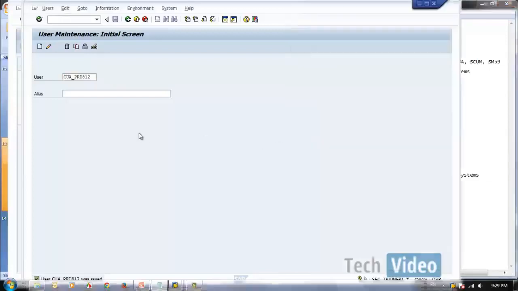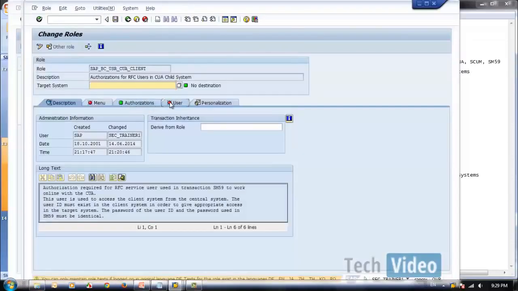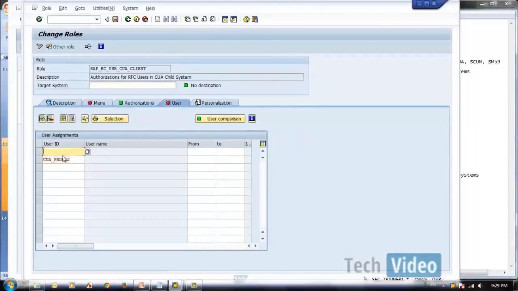Then let's go to PFCG. This already generated. Let's assign to this user. Sorry, this one.